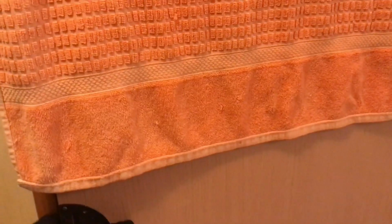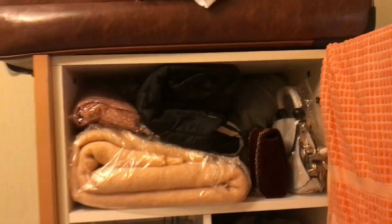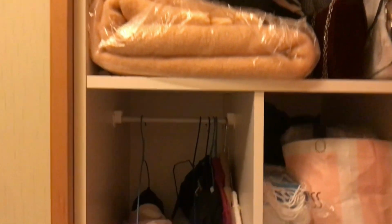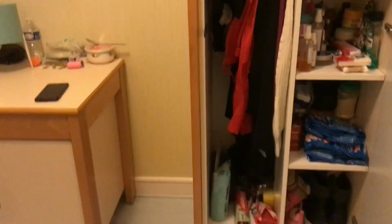And this is my wardrobe. I have actually packed, sorry. You see my towel this way, but I didn't find any other place to keep it. So this is how I've packed my stuff. I have my winter jackets, my bags up here, and some dresses. Yes, my dresses up there, and an extra blanket. And then I have my pullovers, my sweaters, the tops, and some underwear on the side, and some other extras